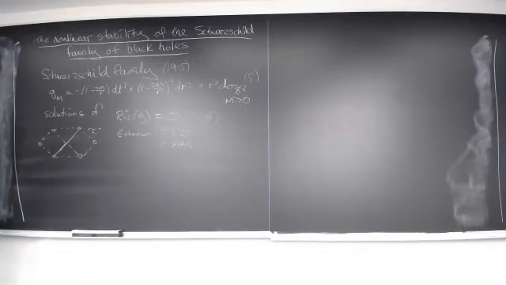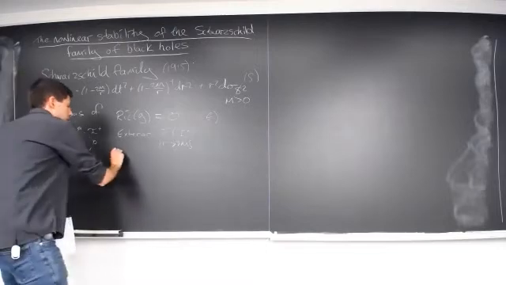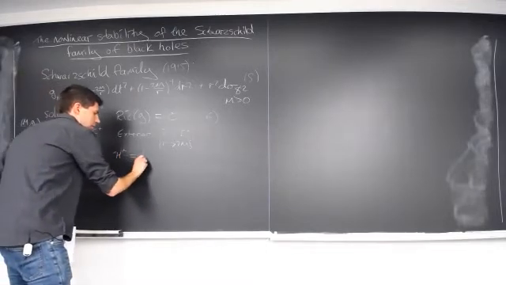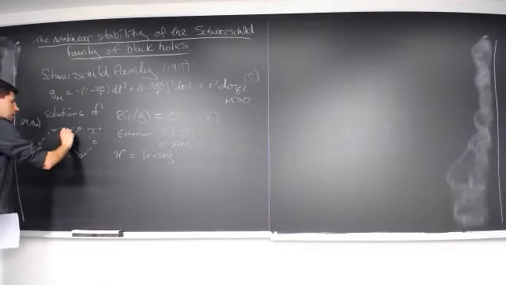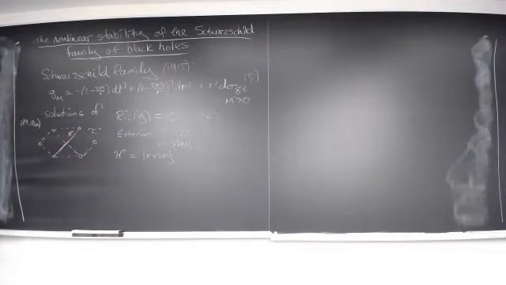And this exterior is not the entirety of the Schwarzschild manifold. It's bounded to the future by a complete event horizon, r equals 2m. And observers can live in this exterior region and remain causally unaffected by what happens beyond the event horizon in